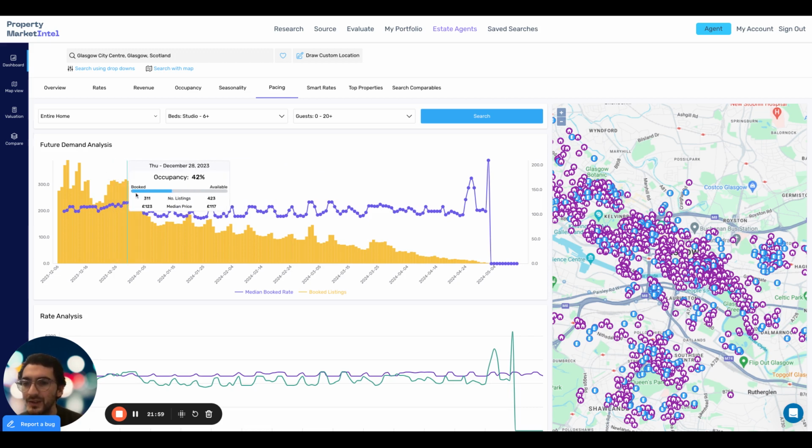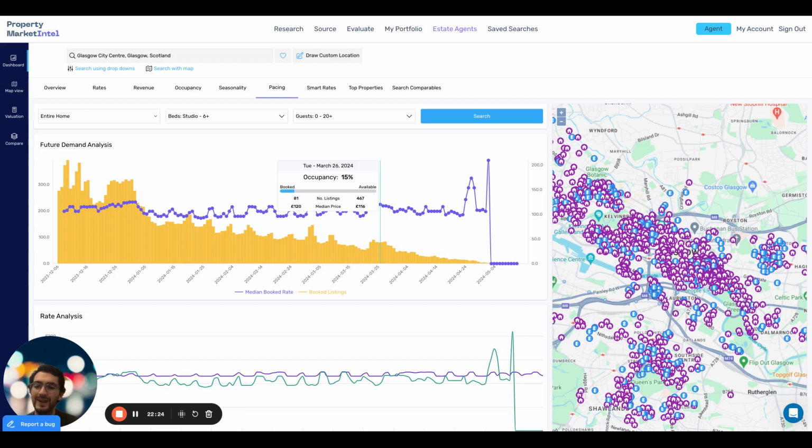So we can see this is actually the festive period, so that's coming all the way from Friday 22nd of December all the way through to past New Year into 31st and 1st of January, where we can then see it tail off. So again, it gives a good insight into what that future calendar is, what the bookings are like. You can understand how busy is the market, how pre-booked is that market,